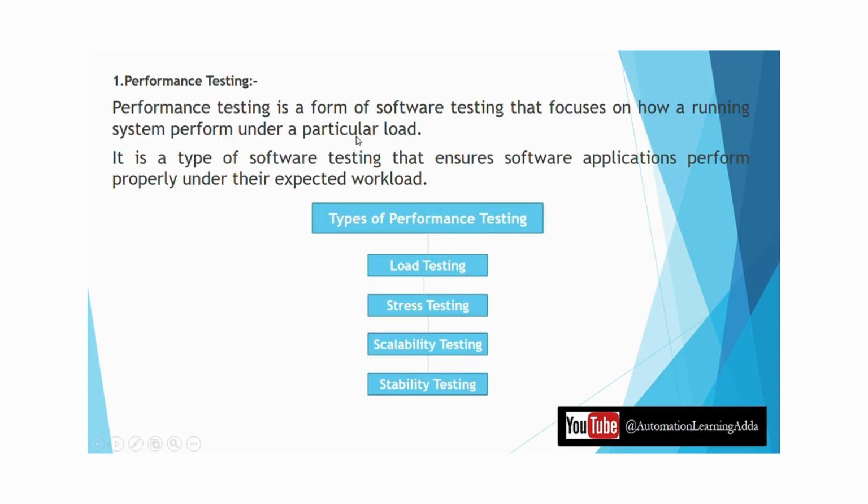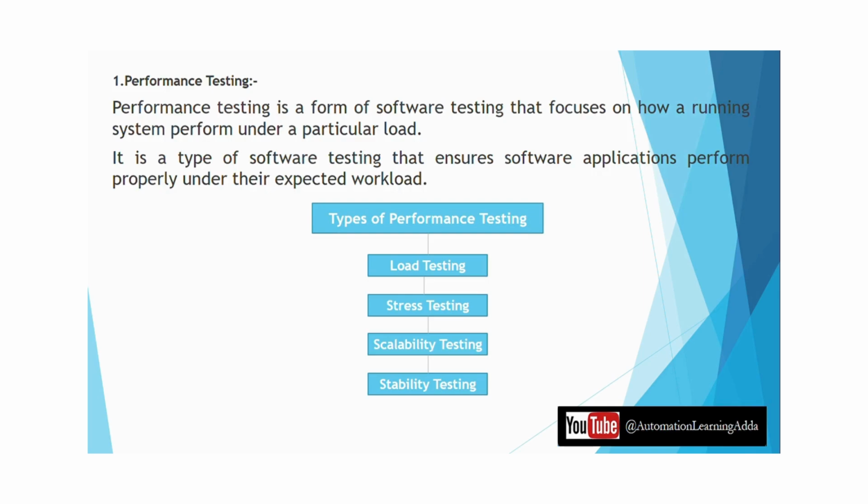So performance testing. Performance testing is a form of software testing that focuses on how a running system performs under a particular load. It is a type of software testing that ensures software applications perform properly under their expected workload. So in performance testing, basically we check the performance of the software, whatever the software has been implemented. We check how it is working under a specific workload. If we have given a certain workload, how it is performing under that specific workload comes